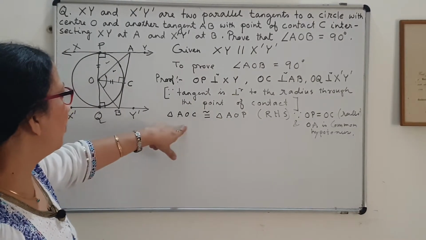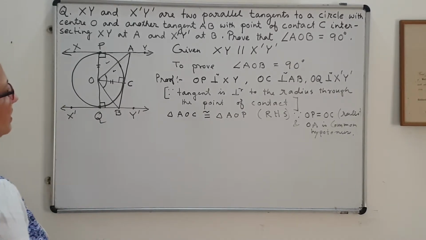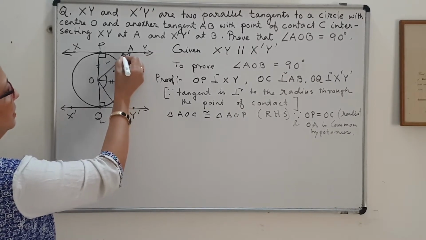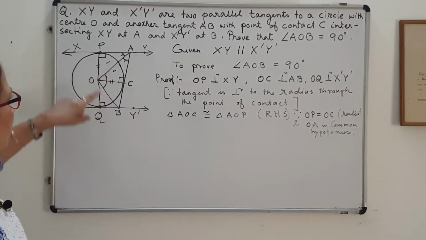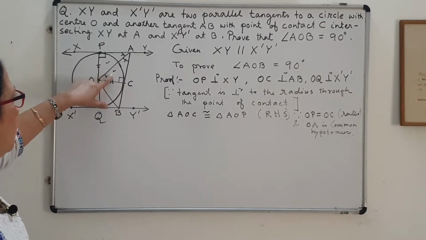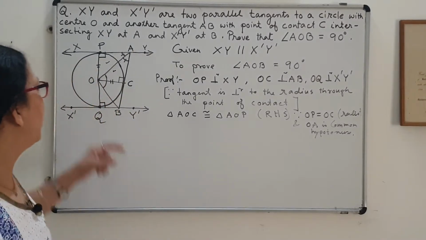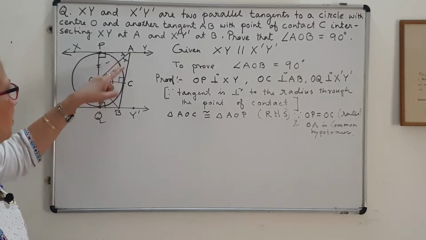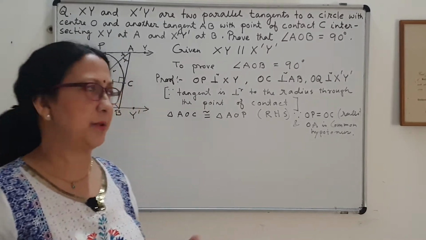So after proving these two to be congruent, we will be applying the CPCT condition. So by CPCT we will consider these two angles. They will be equal by CPCT. I will not consider these two, because if I consider these two, the triangles will also be equal by CPCT, but then this solution will be a bit lengthy. If I consider these two angles, it will be shorter, steps will be less. So that is why I have taken these two.